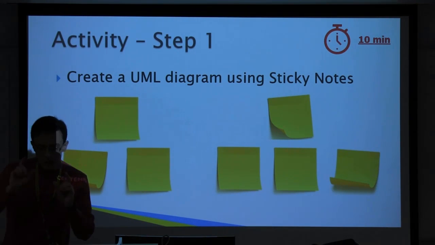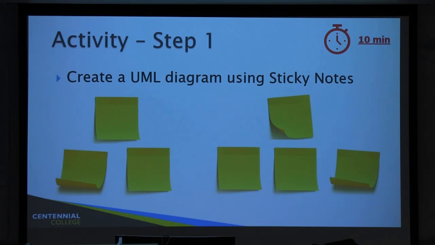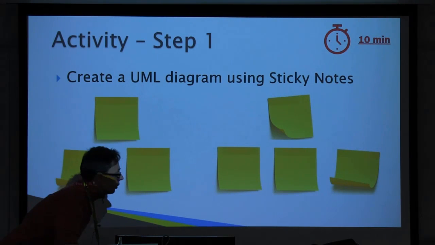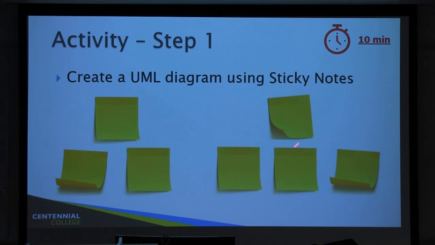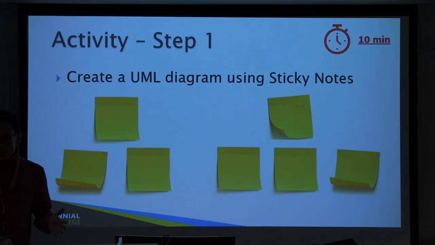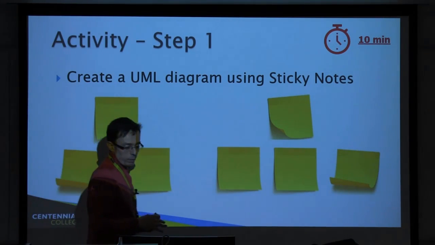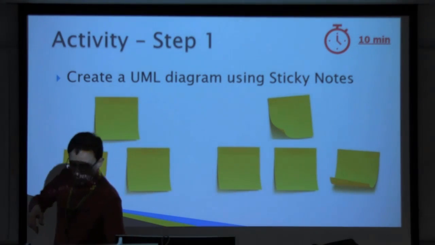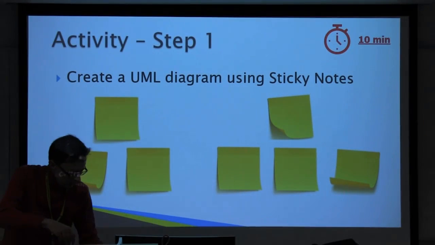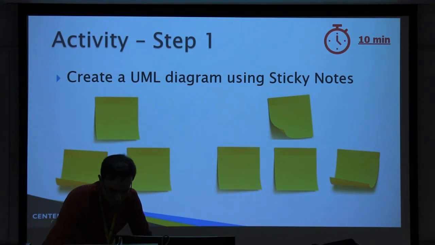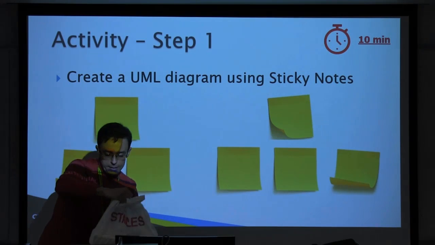So again, each Post-it note will have 1 word, and then if you put a Post-it note like this, it means that this is the parent of this, this and this, this is the parent of this, and it goes on. Again, you can interpret the words the way you want. There is my way of interpreting it, but I want to see your way. So the first part of what we're going to be doing is I'm going to distribute these.